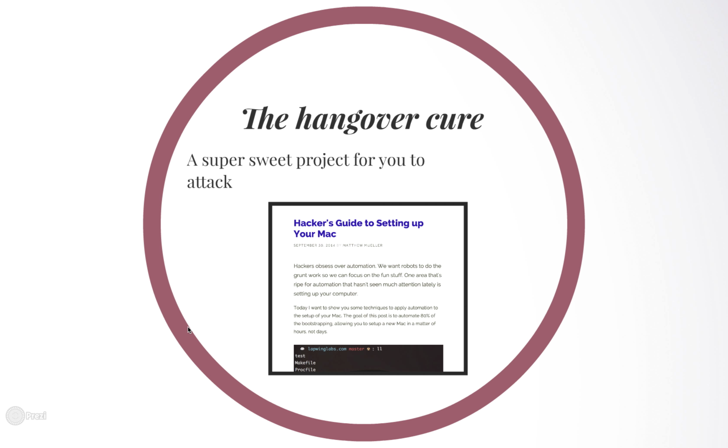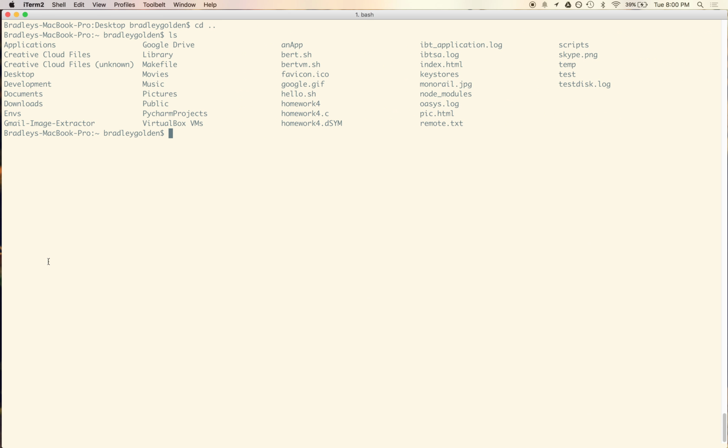All right, so to wrap this up, I've got a super sweet project for Mac users. Sorry, Linux and Windows users, you're SOL for this one. But you could take this concept and use it for Linux and Windows as well. So for Mac users, I've created a script essentially that